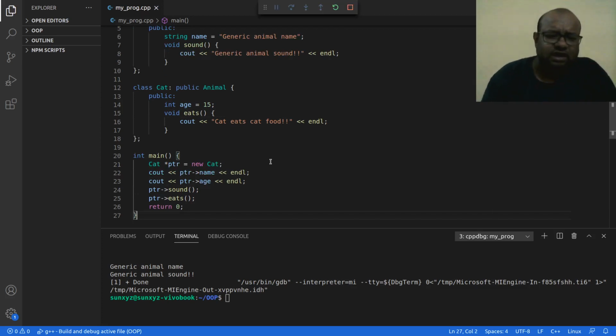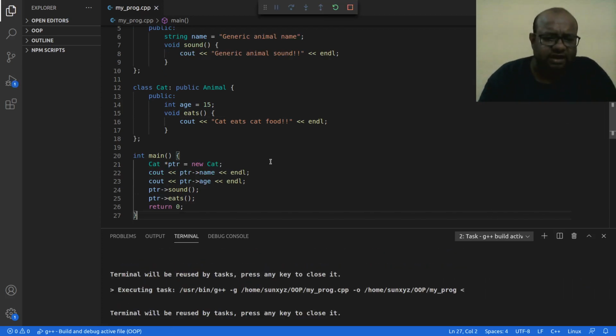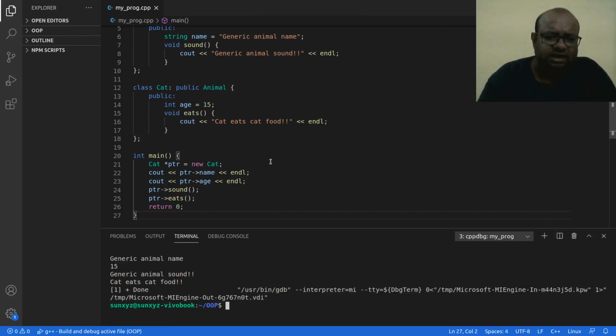Let me go ahead and compile and run this program. Line number 22 is printing the name, so it says generic animal name. This value that I had set in my parent class is inherited. Then in line number 23 I am printing the age, 15.